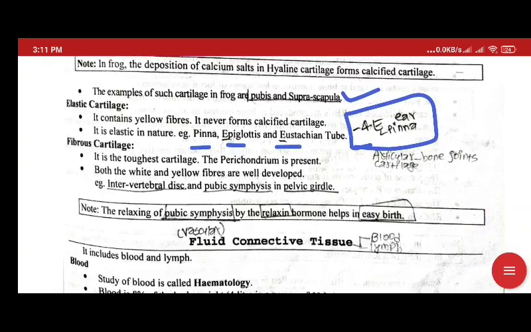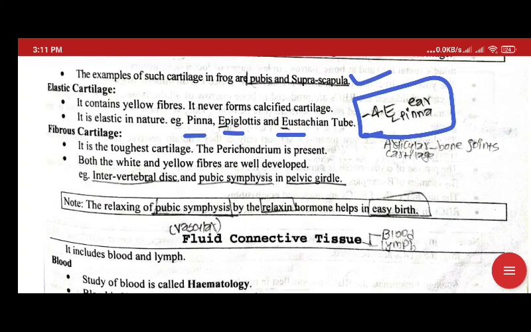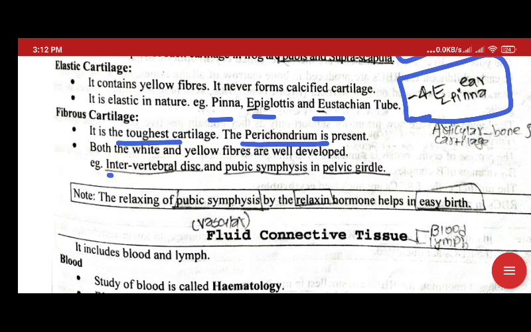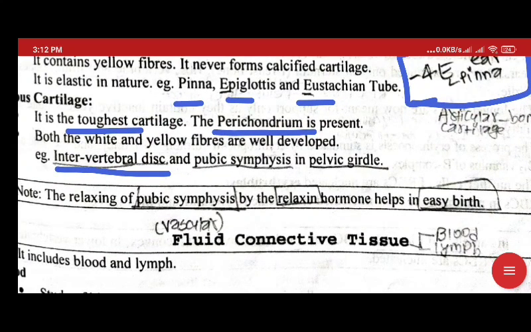That's okay. Now fibrous cartilage. In this fibrous cartilage, the toughest, means there is high deposition of calcium, so it is the toughest. Perichondrium is absent here. Perichondrium is the uppermost layer of cartilage. Now here example is what? Intervertebral disks of our backbone, and